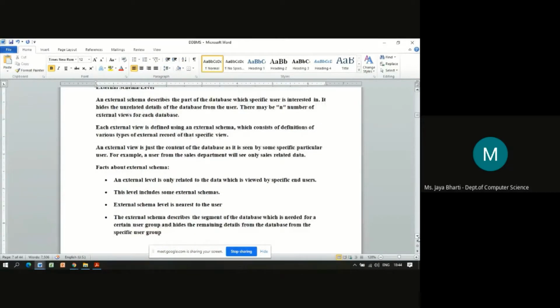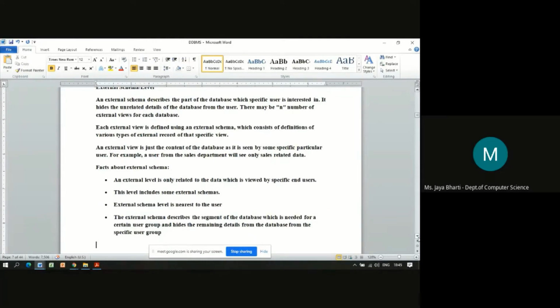The external level is only related to the data which is viewed by the specific end users. This level includes some external schemas, and this schema is nearest to the user, that is, at the client side. It describes the segment of the database which is needed for a certain user group. Suppose I'm logged into the system and want to check the status of my account details, so for me only that much view is restricted.